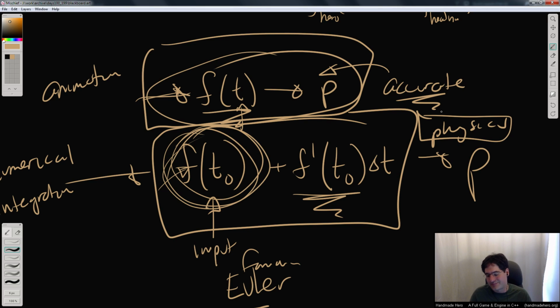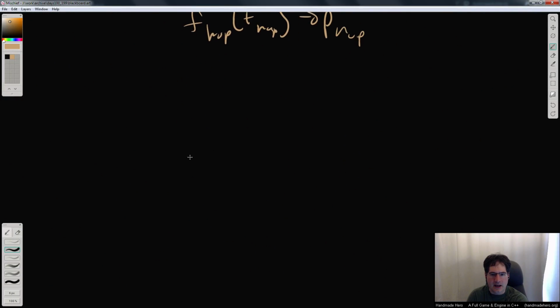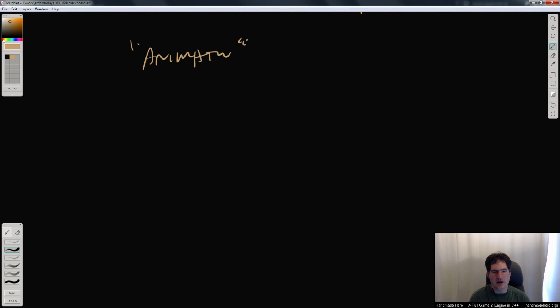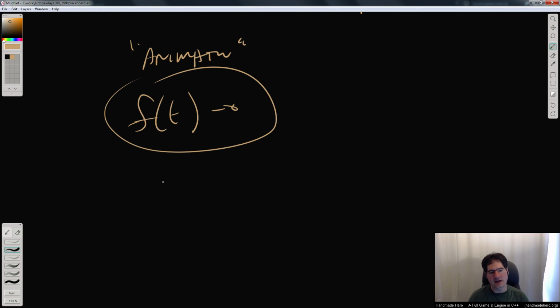And so, it's intuitive. It makes sense, right? Because this is a thing that seems to be doing movement kind of physically based. And this is the kind of thing where the artist made some keyframes and I'm moving between them, right? Okay. So when I say animation at this point, we're talking about the f of t kind of thing. And we're talking about, well, if I want to do one of these f of t kinds of things,